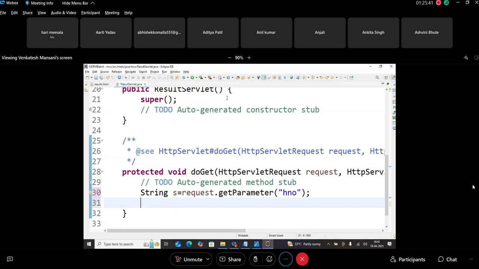Now, this hall ticket number we have to pass to the DAO class. So we have to pass